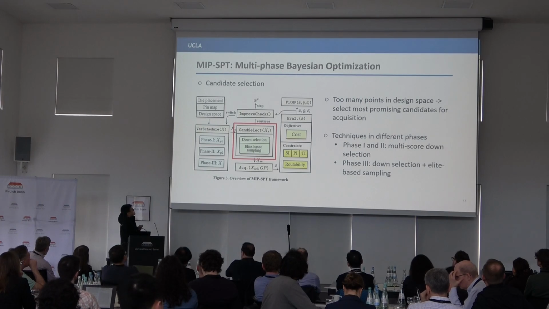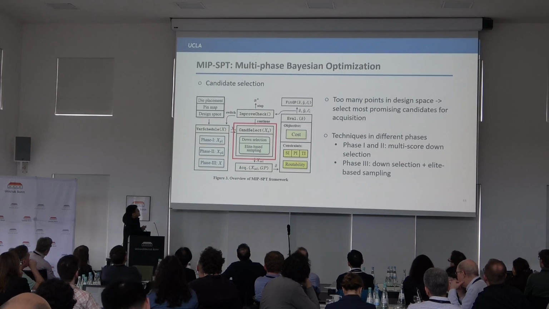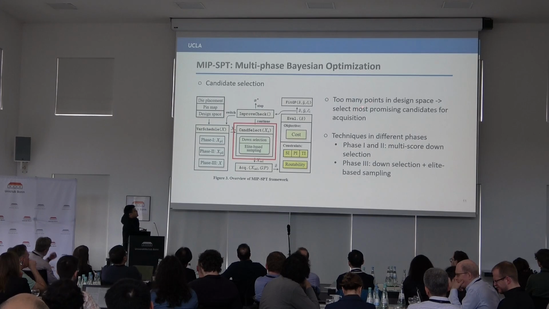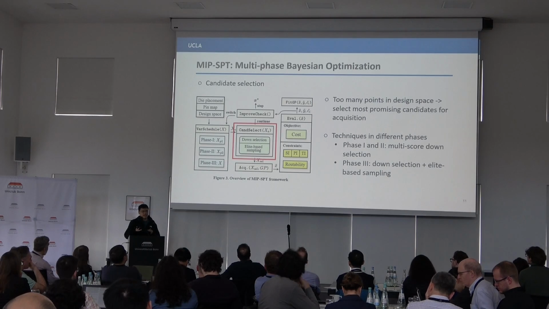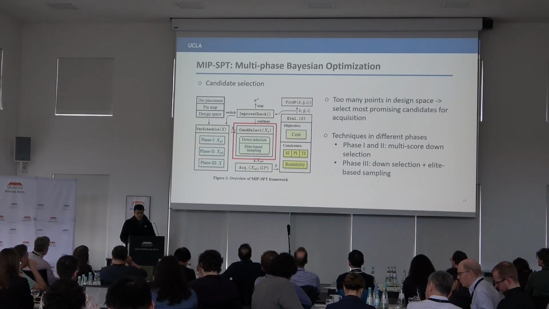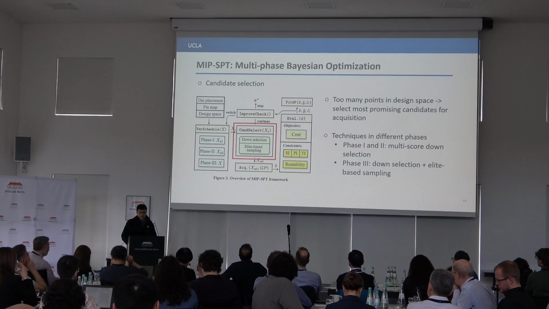And another thing we do in our optimization framework is a candidate selection strategy. Actually, we have too many points in that space, even after our hierarchical variable scheduling. So we just want to select the most promising candidates for the acquisition function. Otherwise, the runtime will explode. So we adopt different techniques in different phases. In phase 1 and phase 2, we do multi-score down selection, and in phase 3, we add an elite bias